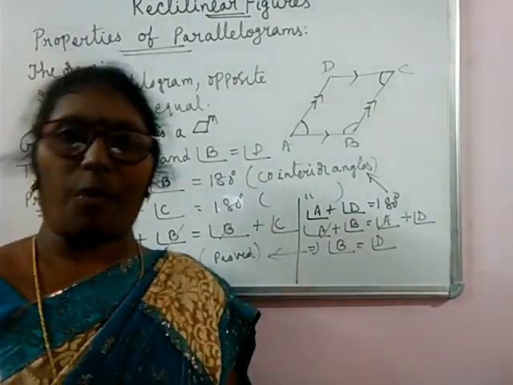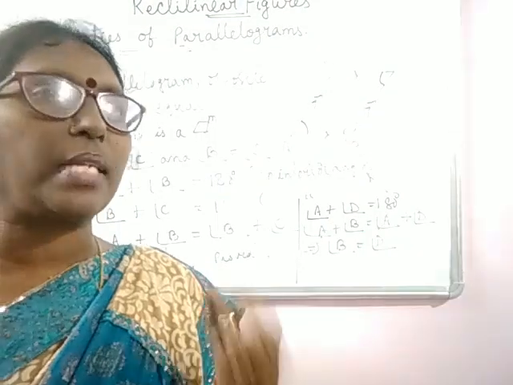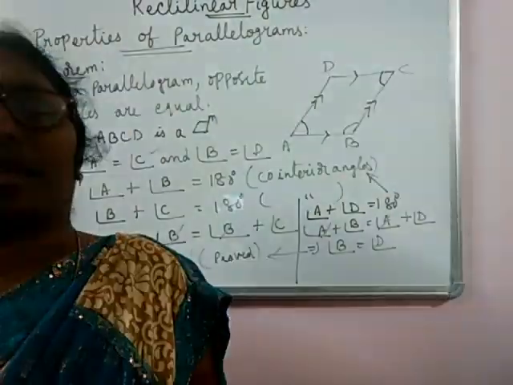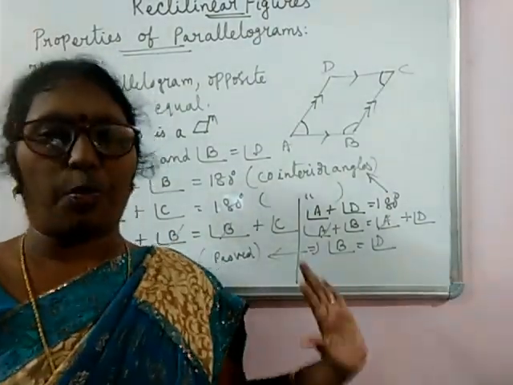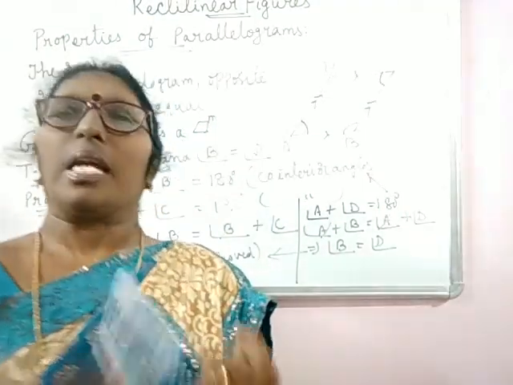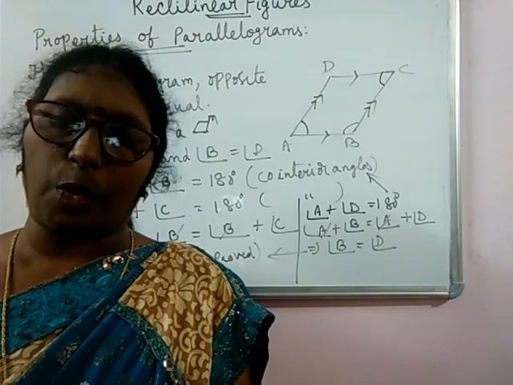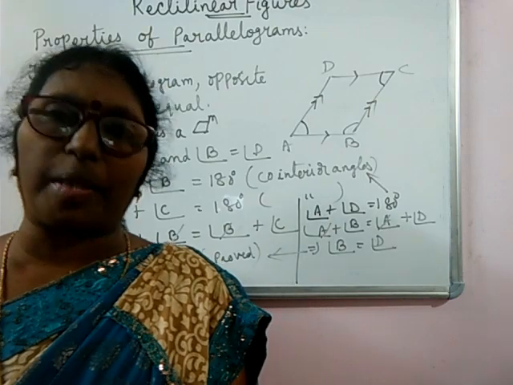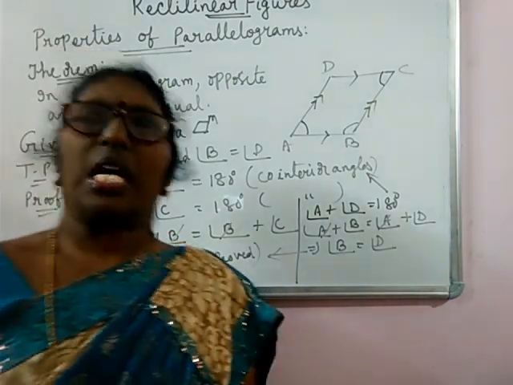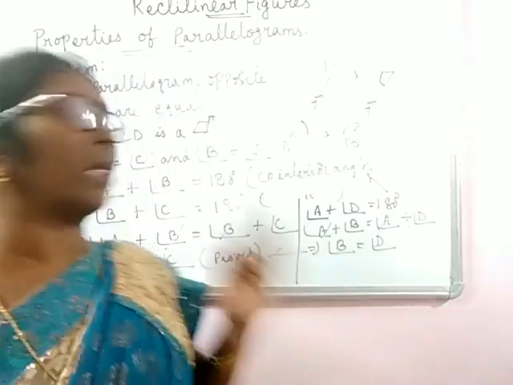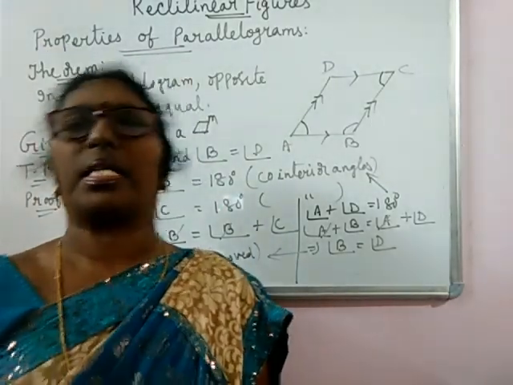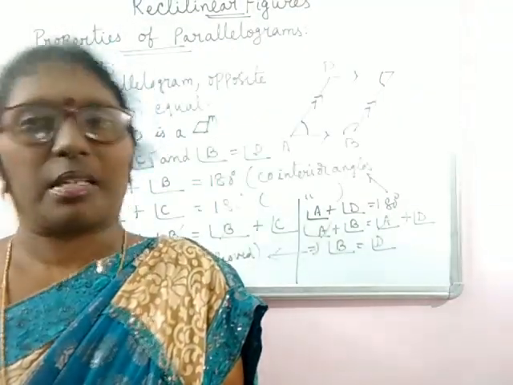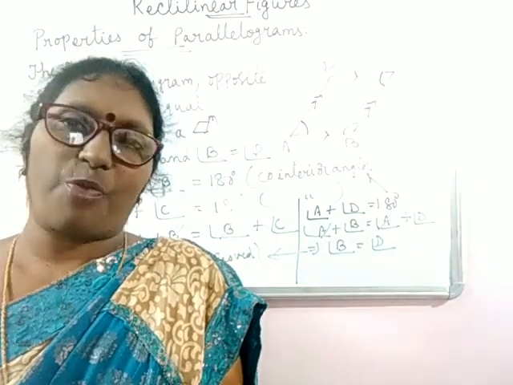So by now, in the last class, I taught you two properties in the form of theorems. Today also, I taught you two properties of parallelograms in the form of theorems. So by now, you learned in a parallelogram, opposite sides are equal, opposite angles are equal. The diagonal of a parallelogram divides the parallelogram into two congruent triangles, and if opposite sides of a quadrilateral are equal, then the quadrilateral is a parallelogram. In the next class you are going to learn some more properties of parallelograms in the form of theorems.